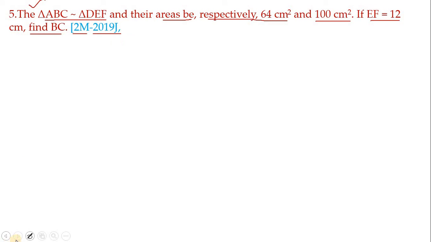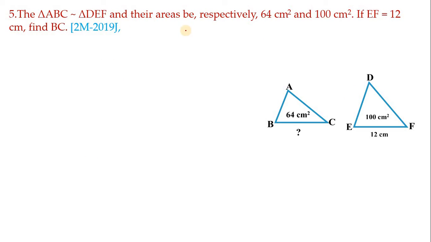So to understand this problem very well, first we have to take two triangles, namely ABC and DEF. ABC area is smaller compared to DEF area, hence always the ABC triangle should be smaller than the DEF triangle. So don't draw both the triangles in the same size. Those are all common sense, children. And the area given is 64 centimeter square, and I have mentioned 64 here, and this is 100 centimeter square. I have mentioned 100 centimeter square. EF is 12 centimeter, so here EF is 12. BC we wanted to find, question.